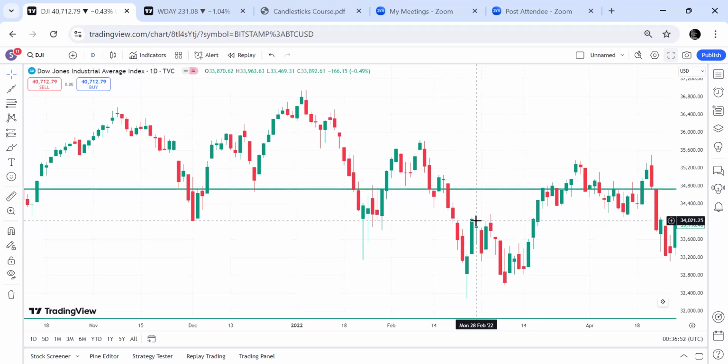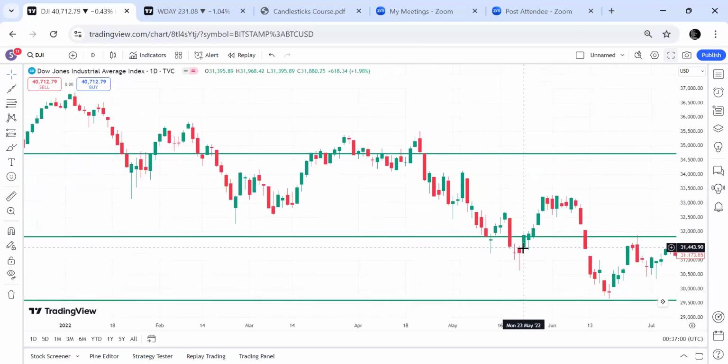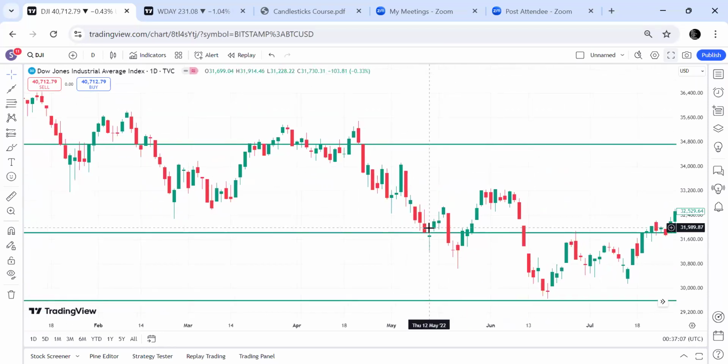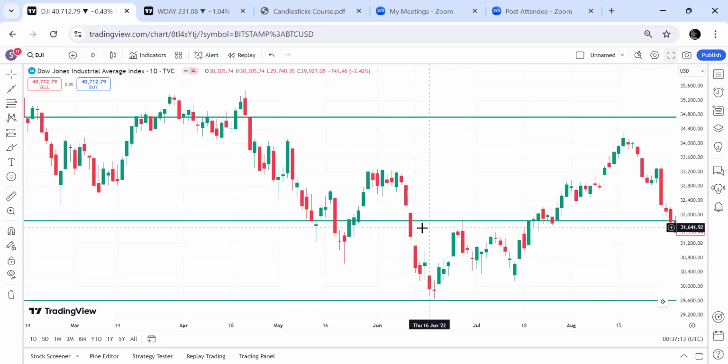As we can see from the result, even though such a huge candle had been formed, the bearishness still continued. So when a Marubozu candle forms when the market is down, we have to leave it. But when a Marubozu candle forms when the market is down and there is a support level,